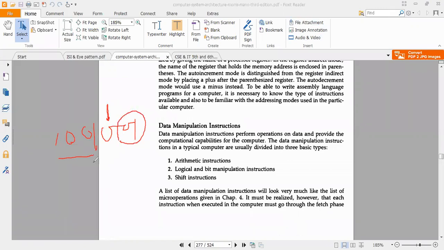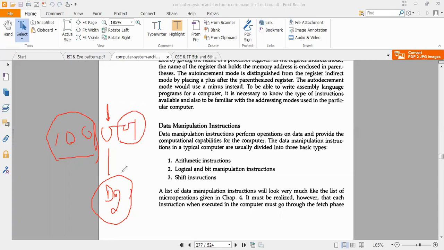These should not be changed. Only this bit, among D0, D1, D2. Maybe you take D2 into consideration and perform some operation on the D2 bit. That is called bit manipulation because you take a single bit. That may be a bit manipulation instruction. You are dealing with a single bit among 8 bits.